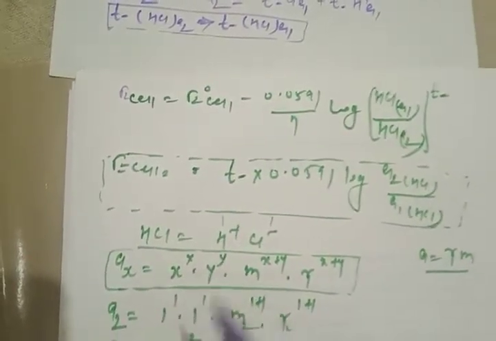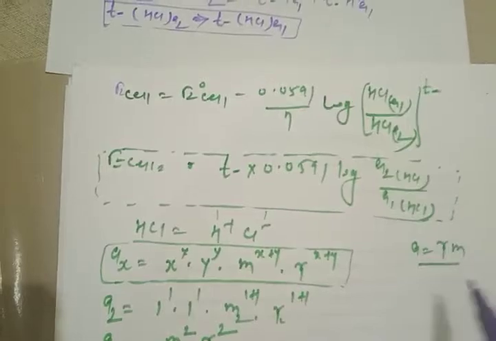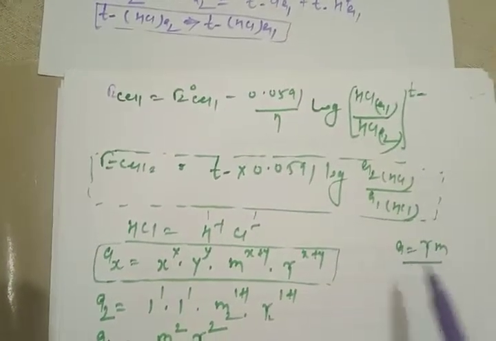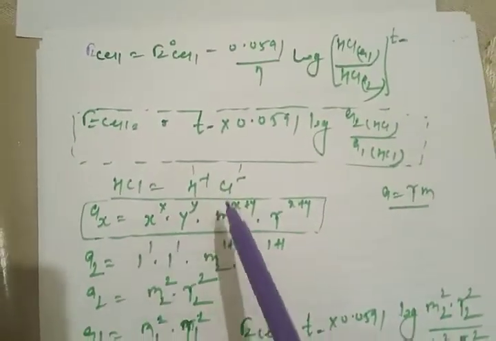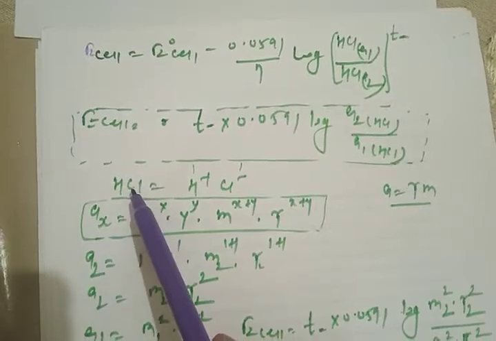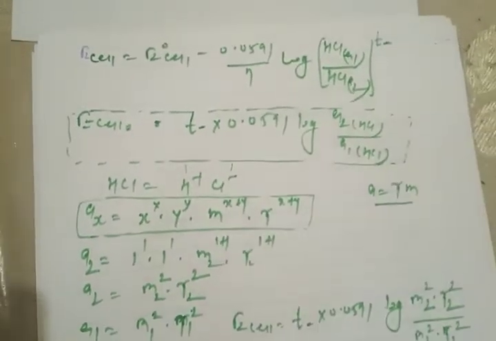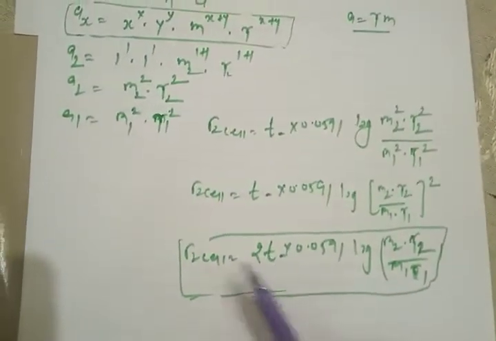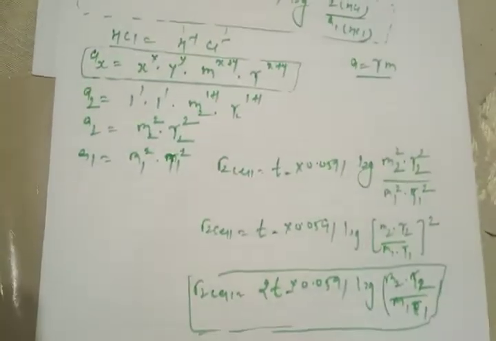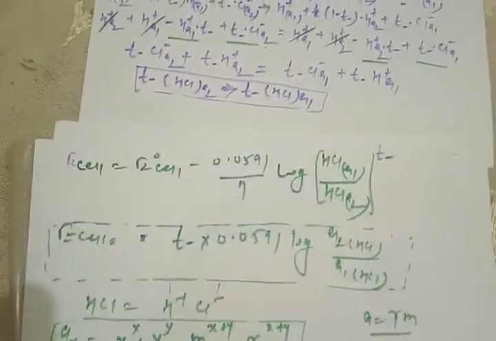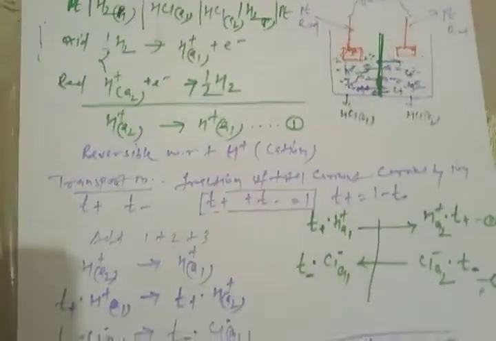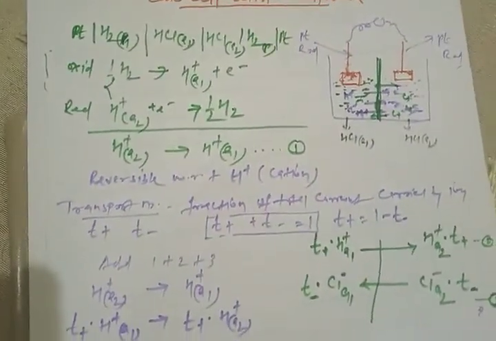This is the additional information I have given about activity. This activity we had already discussed in our previous lecture. Here we have taken HCl. If you have an electrolyte which has a plus 2 coefficient, the value will change here. So this is how we'll take it. Although this video is quite long, and I'm not saying it is that typical, you have to take care of this lecture, because this is a big question for the examination.